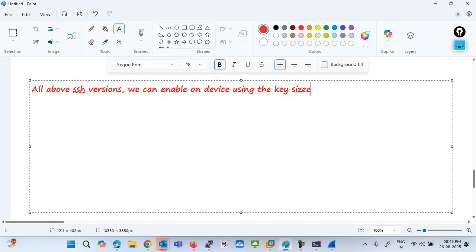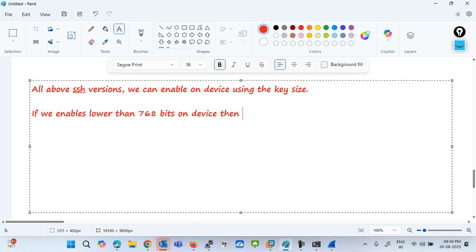According to the key size, the router will start using version 1, version 2 or version 1.5, right? So there are multiple keys. If we enable 768 bits, or you can say we enable lower than 768 bits on the router or device,